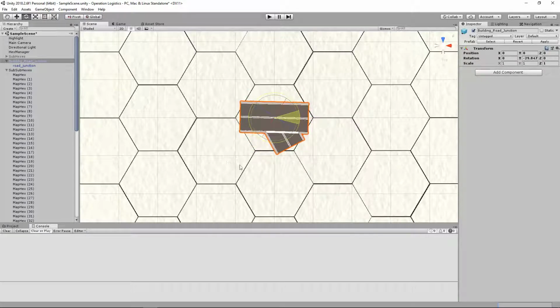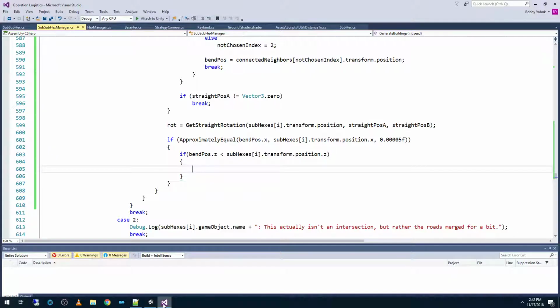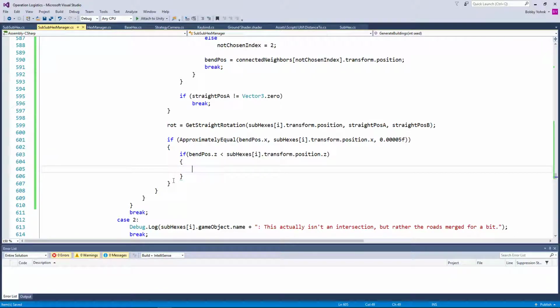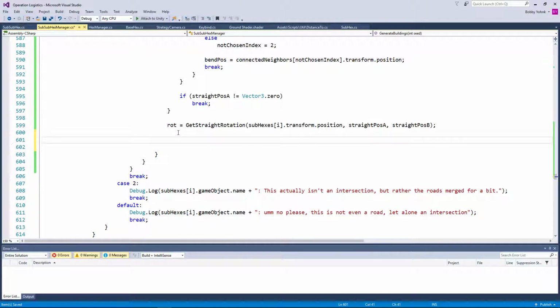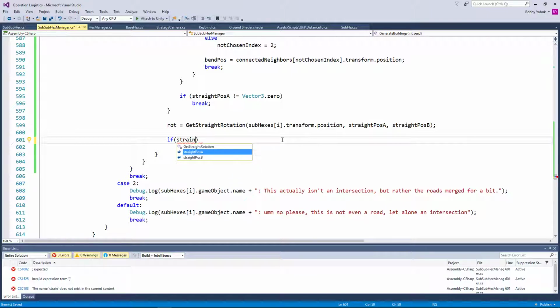So we need to ensure that we're going this direction, or this direction, or this direction. We need to know what we're doing as far as our straight position. So I'm actually going to go ahead and get rid of this, because this is going to be relatively complicated. So we need to know, first off, if our straight position is up and down. So if, and we'll go with straight position A, it actually doesn't matter. So if approximately equal,